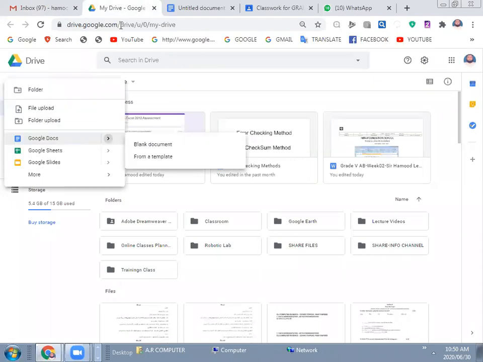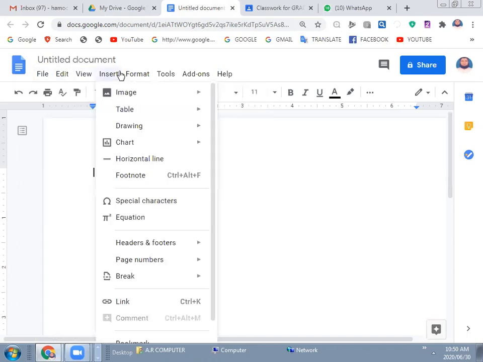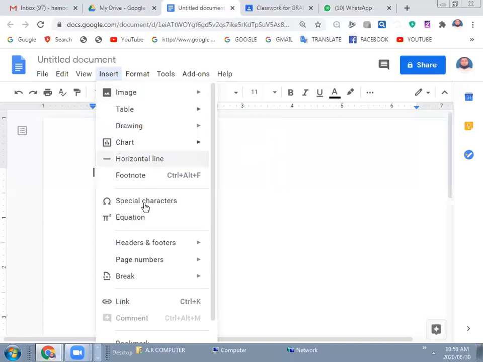Now, what happened is that a new blank document is created. Can you see that its interface is similar, not the same? It's similar to Microsoft Word. A blank page is shown with a cursor, you have the File menu, the Format menu, the Insert menu, and so on.